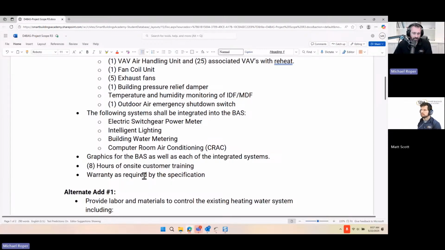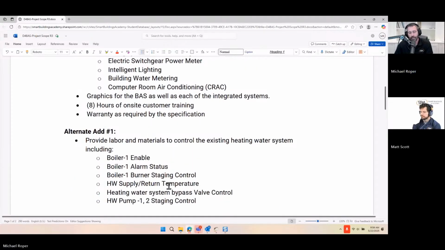And warranty just depends on how your office wants it. That's how we'd estimate it, but the type of warranty is in the spec. So, as required by spec. Now,